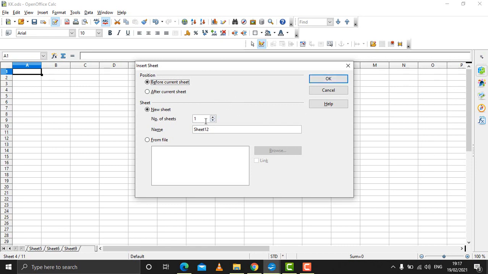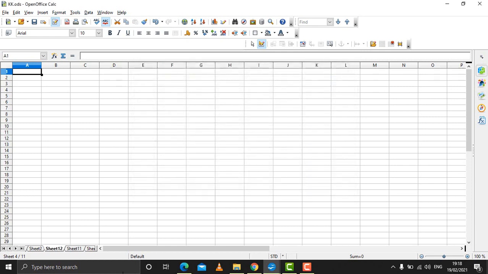Even you can increase the number of worksheets from here, and you can give the name to the worksheet which will be inserted into your current workbook. Click on OK, you got one more worksheet. So this is how you can add a number of worksheets to your current workbook for your work.